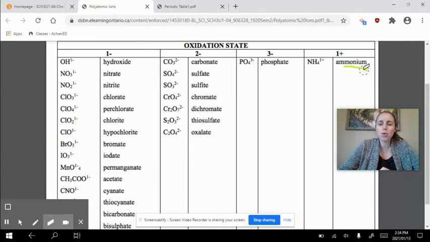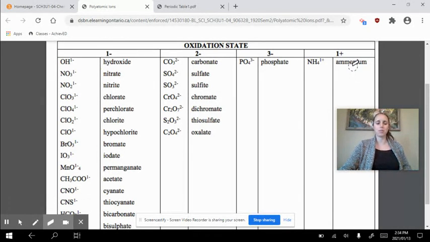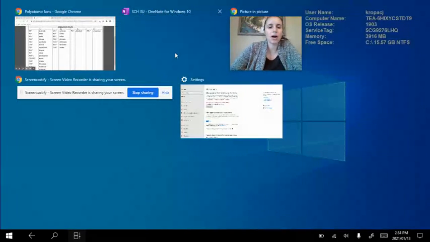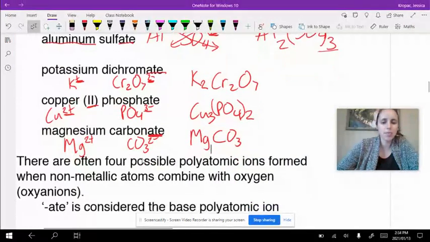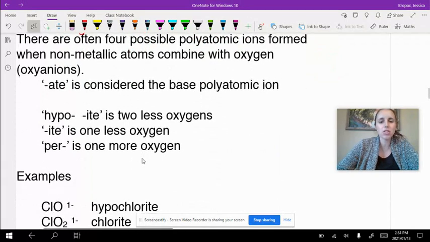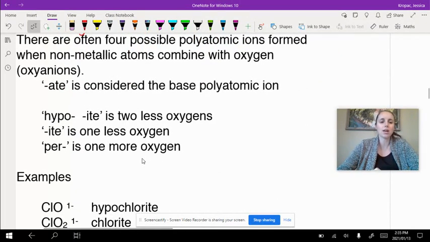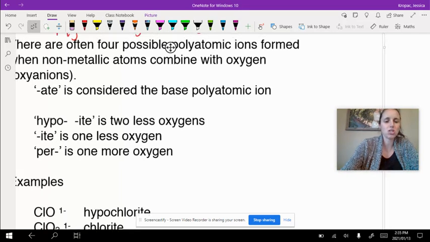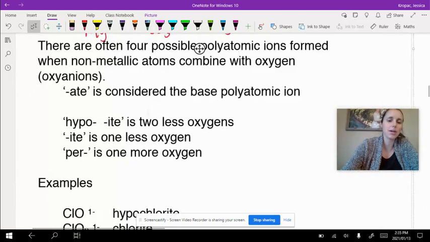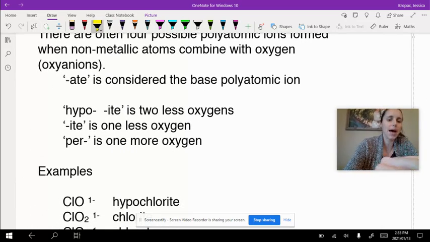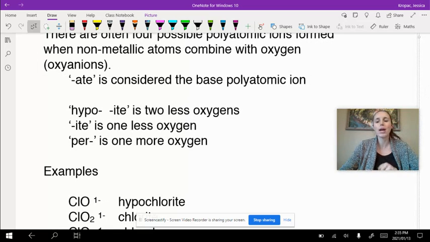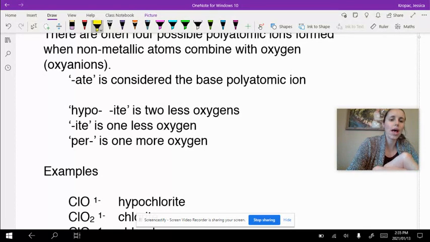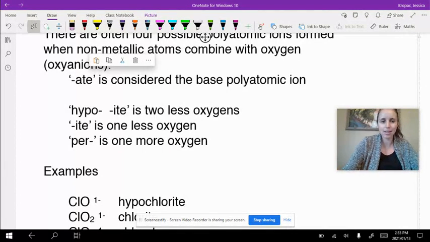Now, one thing that I want to point out, there's sometimes polyatomic ions that we could give you that might not be on that chart, and that has to do with the number of oxygens. So this is the last thing that I want to look at with you, and this is going to be the possible polyatomic ions formed with oxyanions. So essentially, an oxyanion is just any combination of oxygen. So we're going to look at our polyatomic ions, and we're going to see that most of them actually have oxygen in them. What can vary is the amount of oxygen that they have. So anything that has that 8 ending,